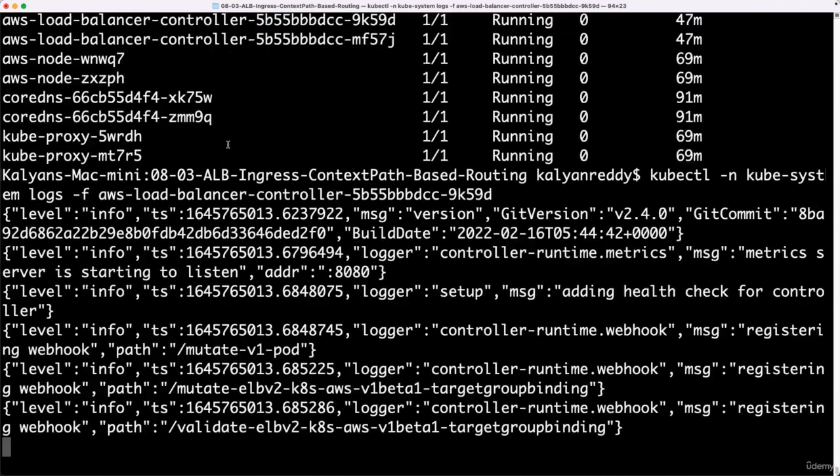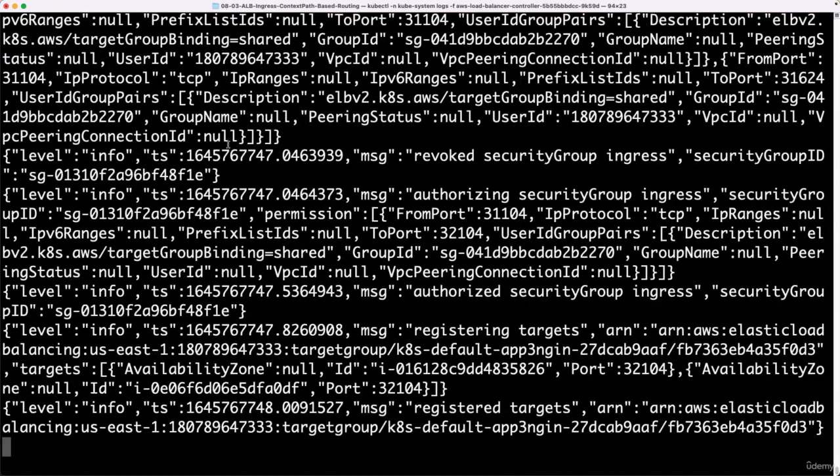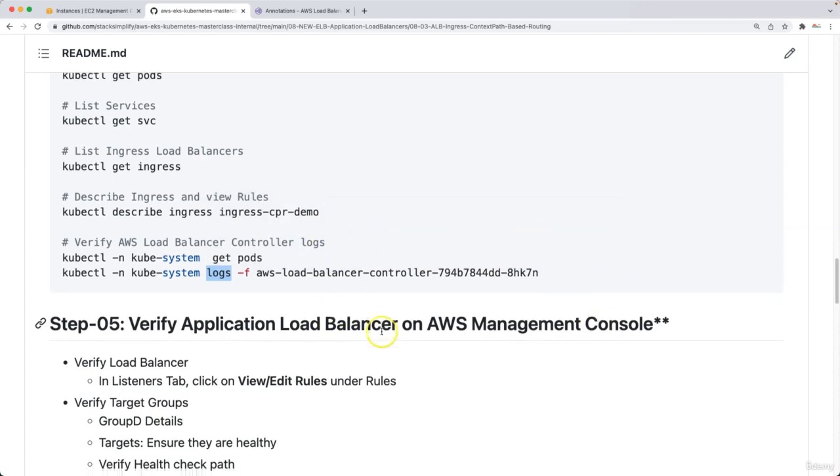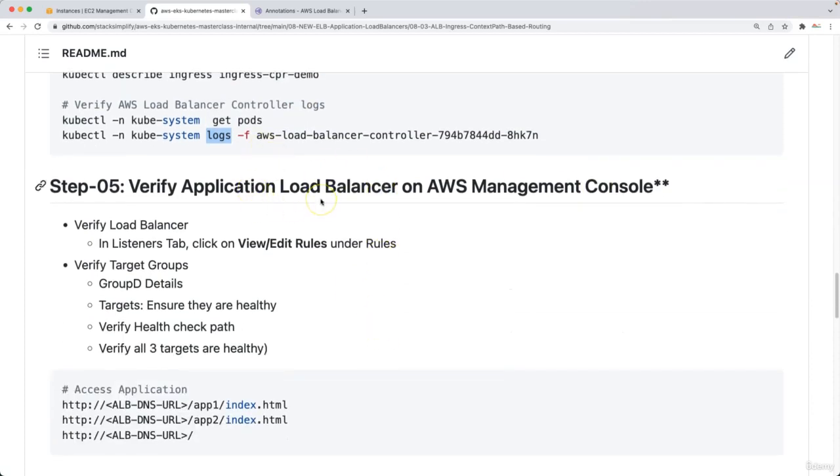So we really don't need to do this, but it's for our additional learning. You can see here registering the targets and so on. So you can see all the logs in detail and understand a little bit more. Ideally not needed, so I'll remove this and say clear, and we'll go to verifying our application load balancer